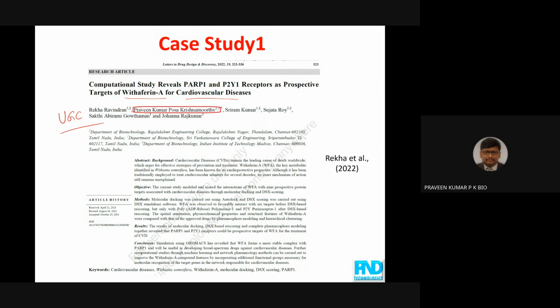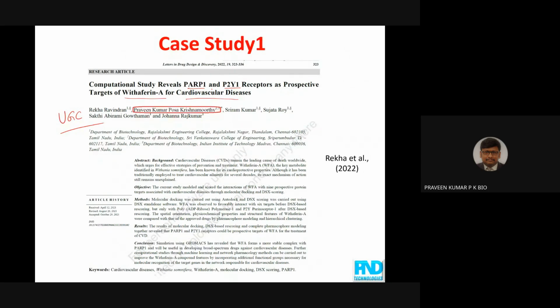And for these 8 receptors, we have 8 different control ligands. After docking, we can see epinephrine A, the plant compound, is showing the better result with these two receptors out of eight cardiovascular receptors. Then we have finalized that this compound can also be used for treatment of cardiovascular diseases by binding to these